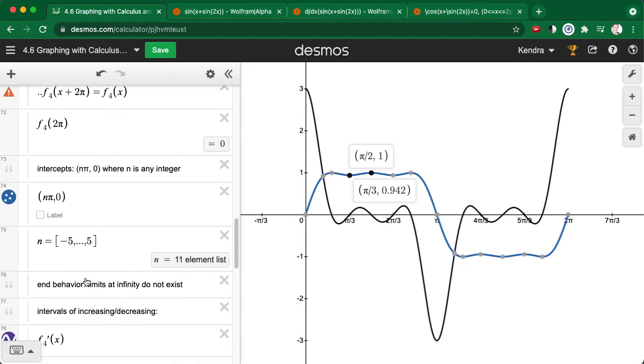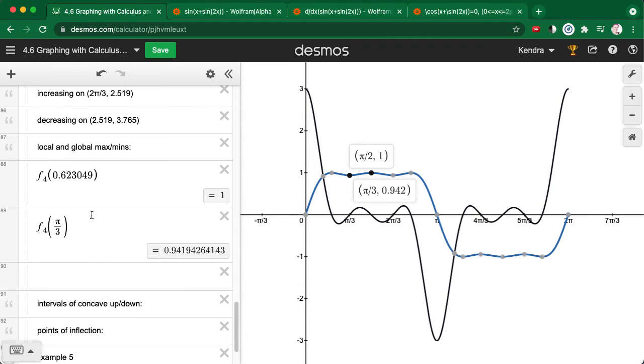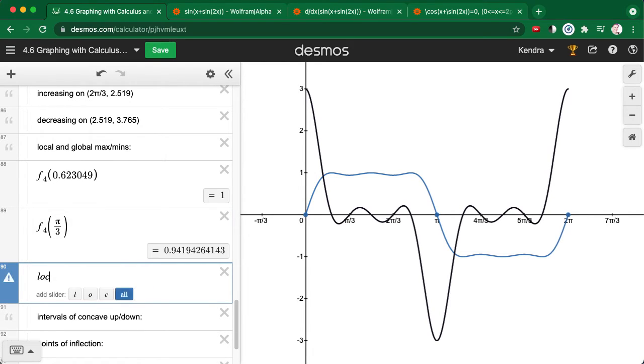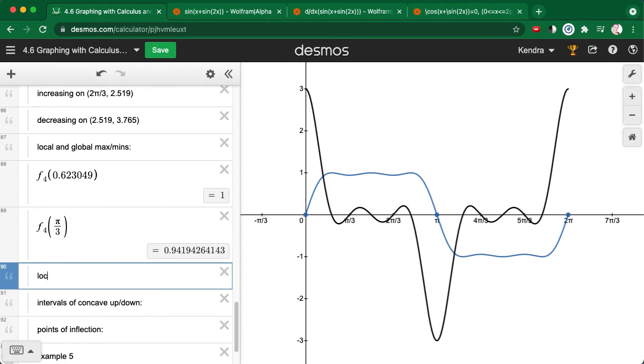Okay, so these are really the only numbers that we'll see. So we have local, and this is going to actually give us the absolute maximum is 1, which occurs at x equals pi over, sorry, that's the